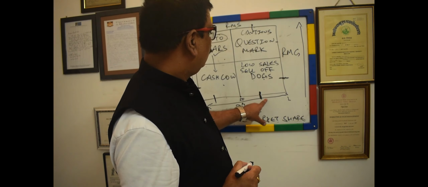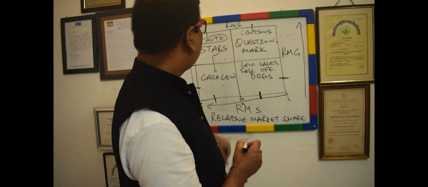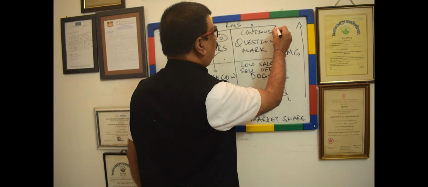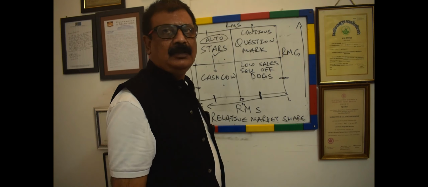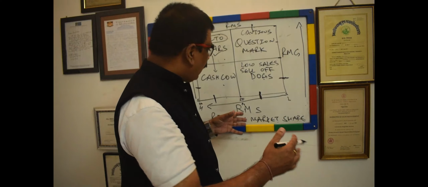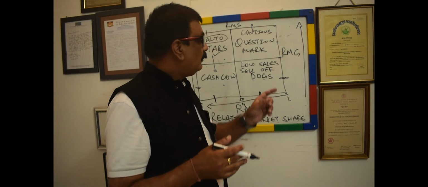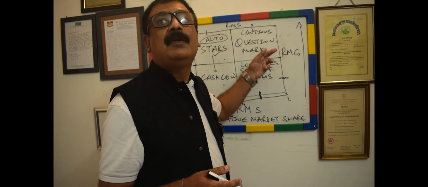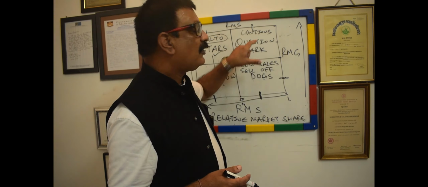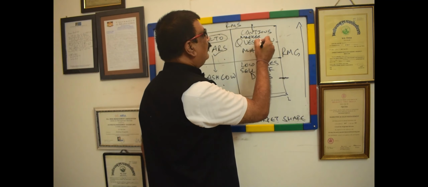Again, from here to here, this quadrant again is market share. But look at the market growth of question mark. It's from here to here. This is the market growth of question mark. Which means if you are going into a market where growth is more, but your market share is less, no issues. You can have a less market share, but see, if the market is growing and your quality is right, you are bound to grow. That is where question marks come into. So be cautious. Market is growing, which means there are opportunities.